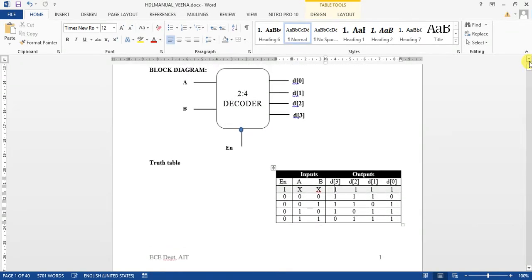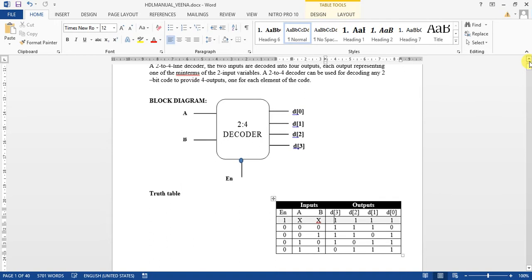It has two inputs A and B, four outputs D0, D1, D2 and D3, and an enable pin. In the truth table you can see if enable is 1, there is a bubble, so it is active low. If enable is equal to 1, then the enable bar becomes 0.